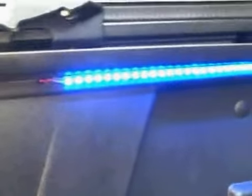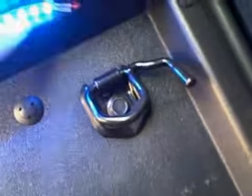Okay, there are two 12-inch LED lights on each side of the bed. Let me pan out so you can see what's going on here. You've got a strip here and another on the back, and then it's the same on the opposite side. What I did was, the excess cable that sits out the back end, I tucked that into the back